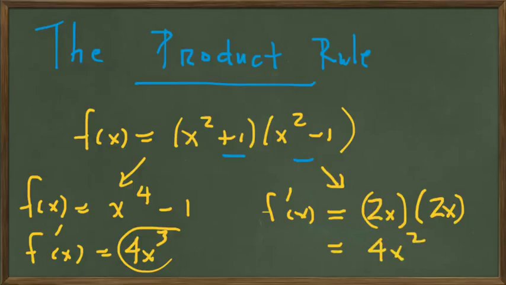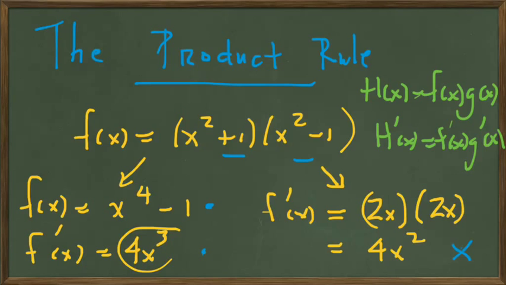And it's clear that this cannot be correct, because what we did over here was legitimate. We used algebra correctly to get this new version of f of x, and we applied the power rule here. So what we need is a rule for finding how we take derivatives of product functions, and clearly the derivative is not